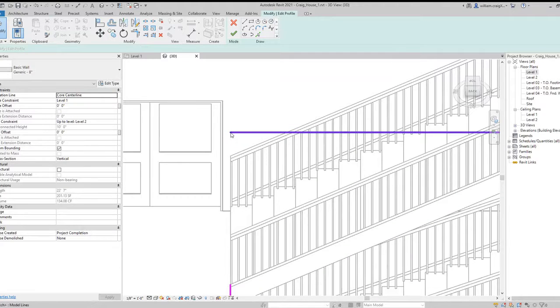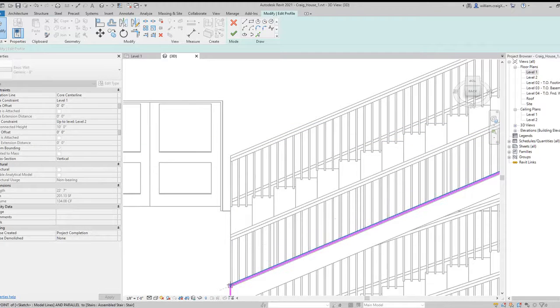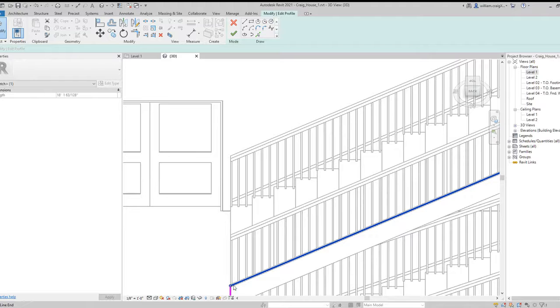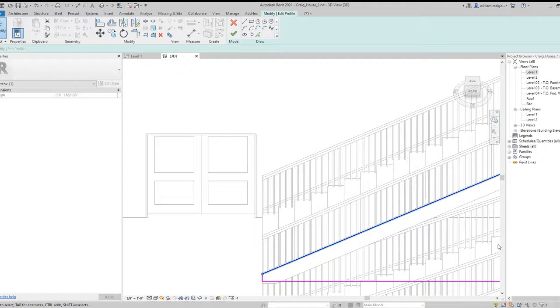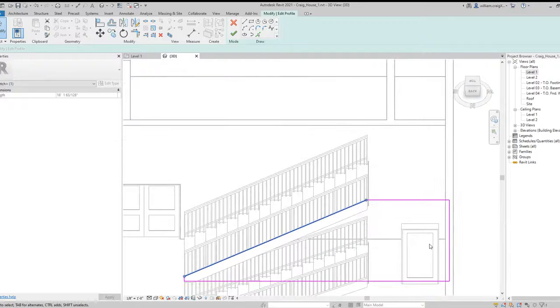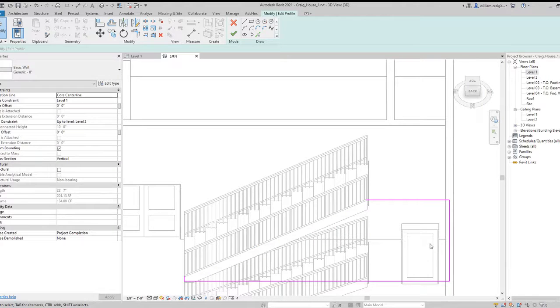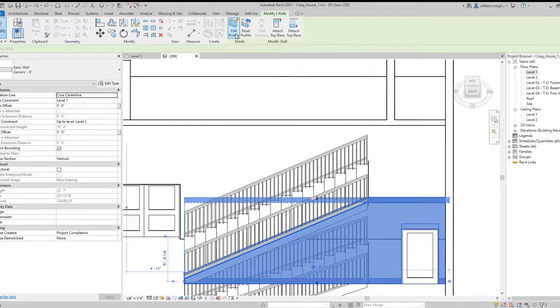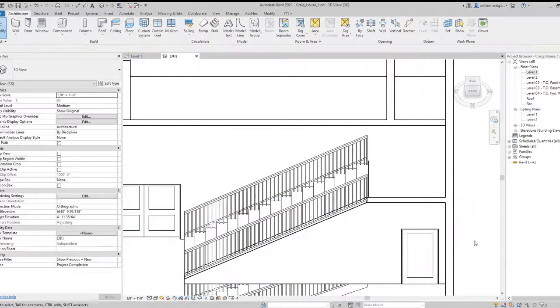And I'm going to bring this line directly down until I have my endpoint in parallel. Something like that. Oop, just got rid of my line. Don't get rid of my line. Thank you. Now I can go ahead and finish the mode out, press escape, and I now have a wall